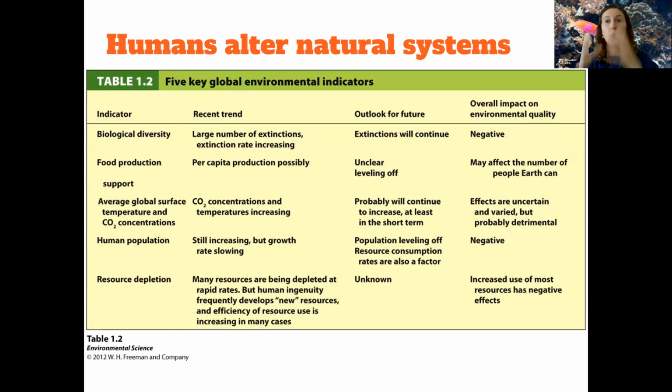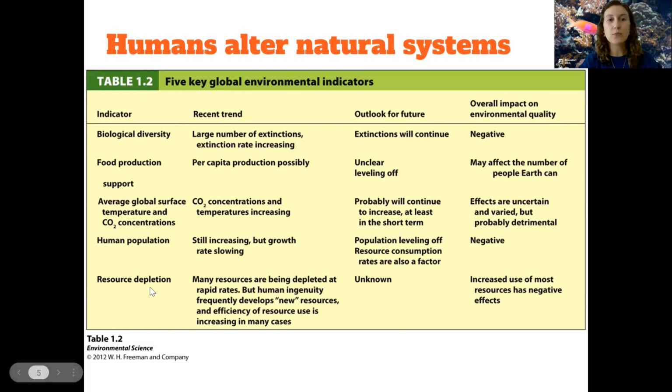We'll be talking about the world around us, but also how we as humanity and human beings actually alter these natural systems. So when we talk about ecology and we talk about populations, we're going to be talking about diversity. How do we as humans affect that ecological diversity? Later this year, when we get into agriculture and food production, we'll also be talking about how we as humans affect all of that around us. How are we affecting the land? How are we affecting the space that we have, depending on our different diets? When we get into climate change, we'll be talking about how we affect the chemistry of the world around us. How do we affect all of the oceans? Yes, we as humans affect the oceans quite a bit.